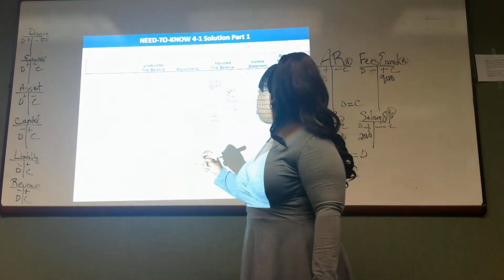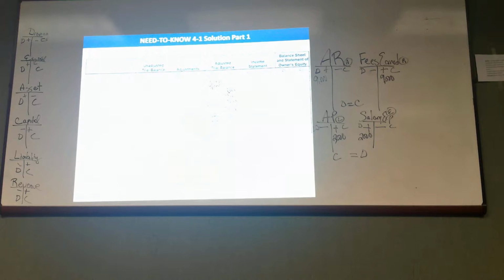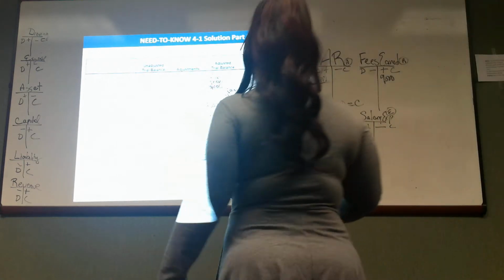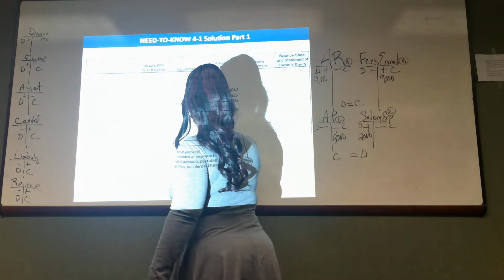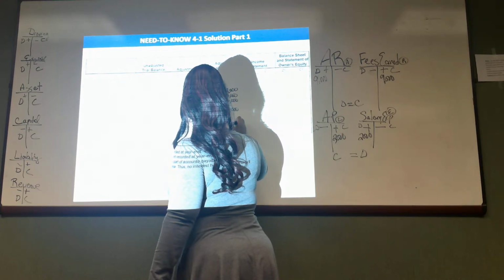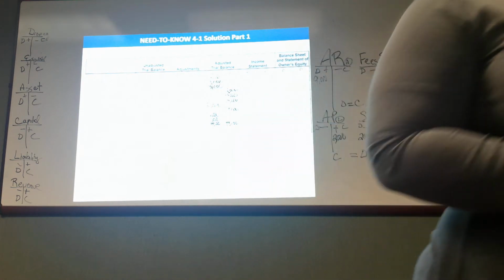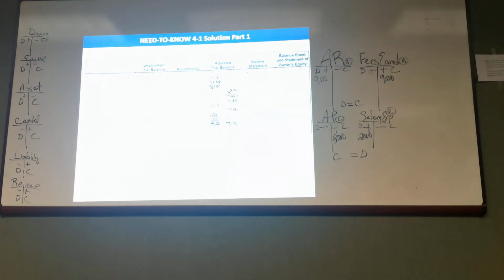Alright, so I'm gonna cheat. I don't know my total. They're gonna add it up for us. So it's 199. 199,000 debit, 199,000 credit. Everybody okay with that? Okay, so